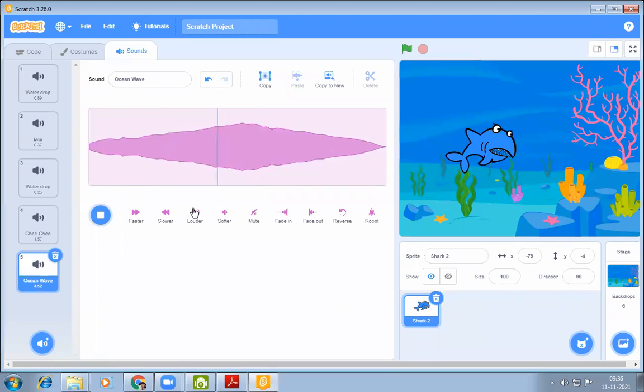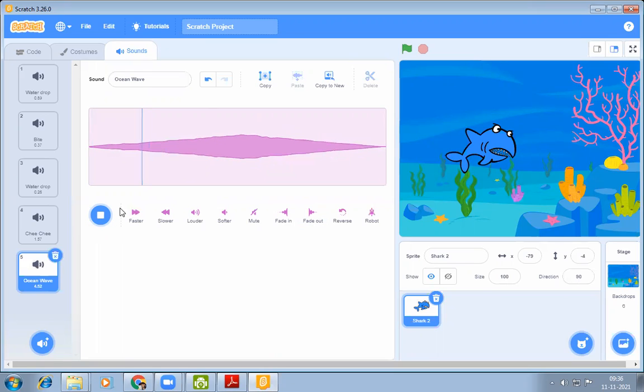The fade in and fade out options slowly increase or slowly decrease the volume of the sound respectively. So while playing the sound, if you click on fade in, it starts from slow sound and increases gradually. If you click on fade out, then it starts slowly. Okay, and again in middle, we can hear it loudly, and after some time, the sound also decreases to a certain point and fades away.